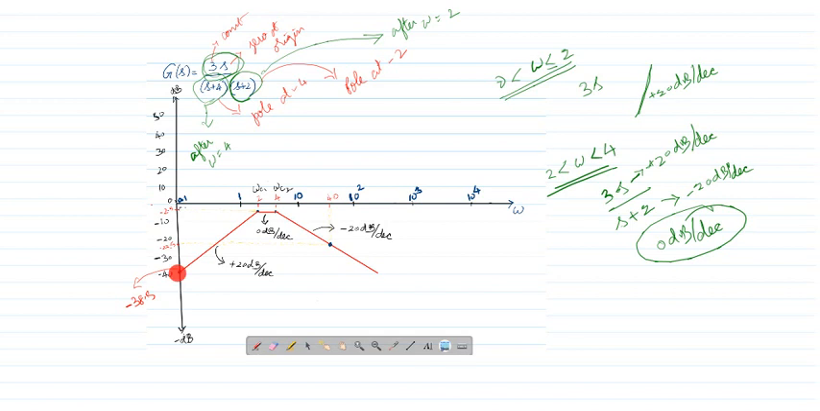When the frequency is between 0.1 and 2, it is plus 20 dB slope. Between 2 and 4, the slope is 0. Okay, then for omega greater than 4,